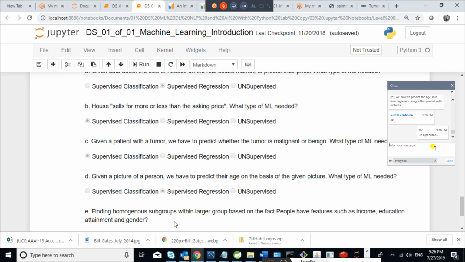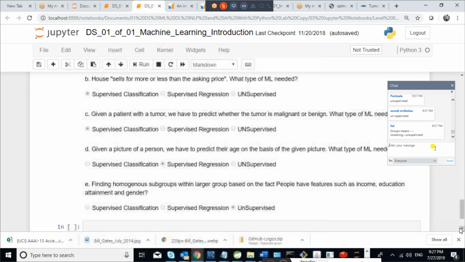This is the same thing which is given by Truecaller also. Yeah, good. It's unsupervised. Good, Suresh, good. So as of now, we can say that we are good with